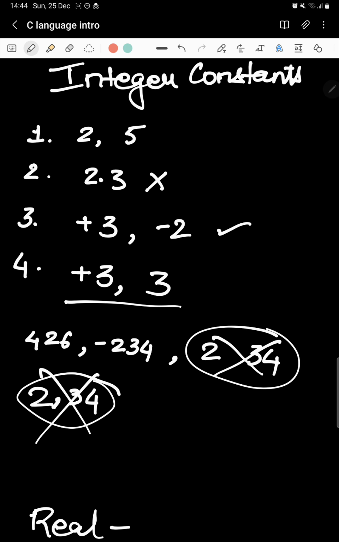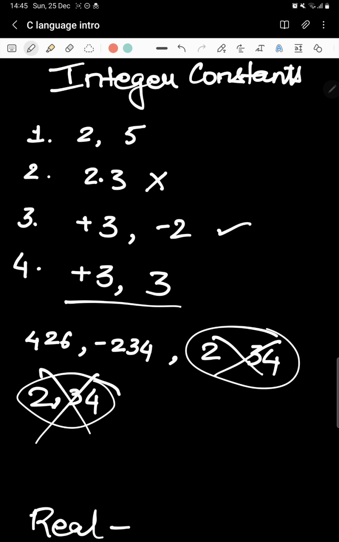So for integer constants also there are some rules, such as there must be at least one digit in an integer constant. So if there is no digit, it will be obviously space, and space cannot be considered an integer constant, or in fact any real or any constant. But we'll talk about space later, because space can also be a character constant, because it is a character, an empty character of course. So now coming back to